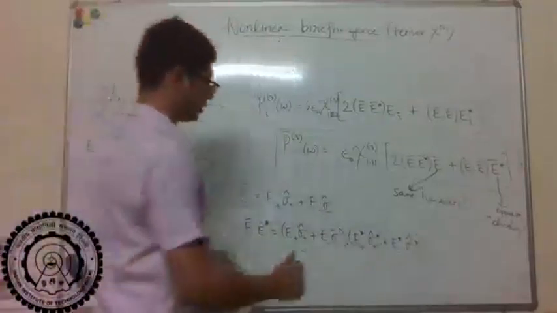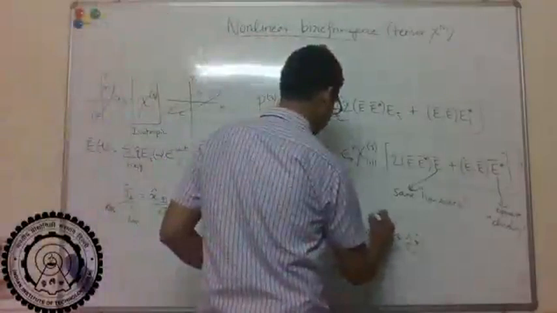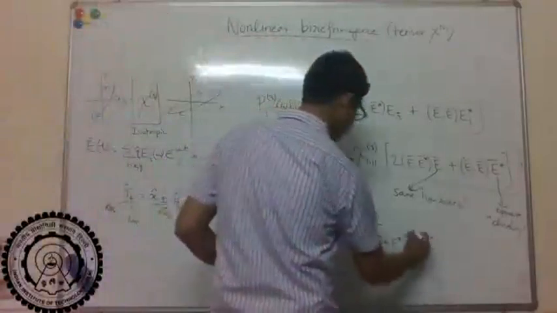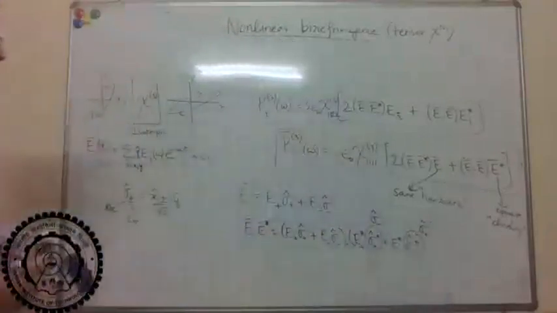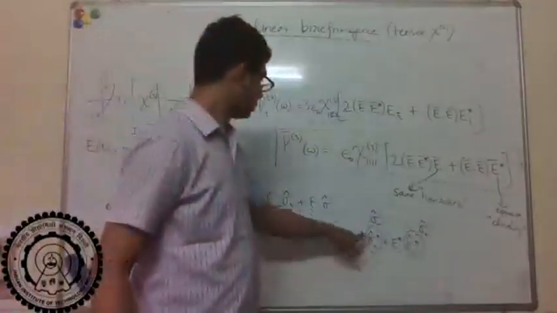That's just sigma minus, right? So this is the sigma minus, and sigma minus conjugate is just sigma plus, right? So now when we take the dot product,